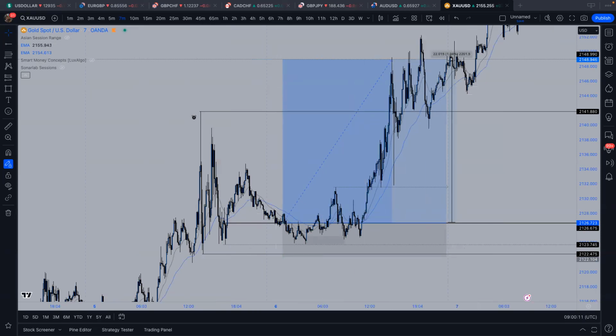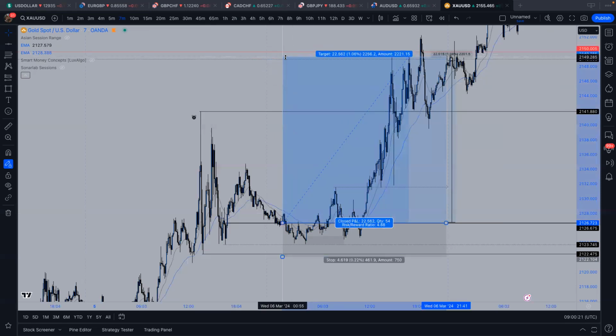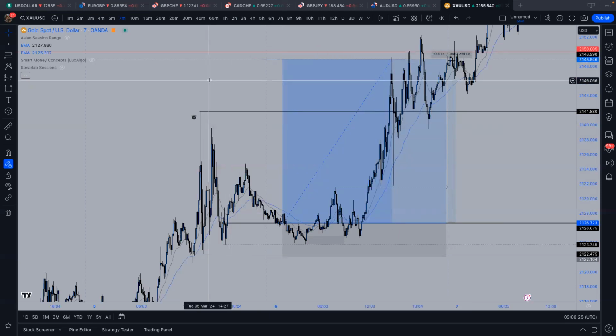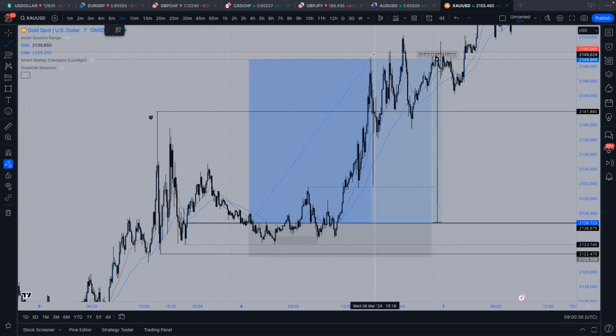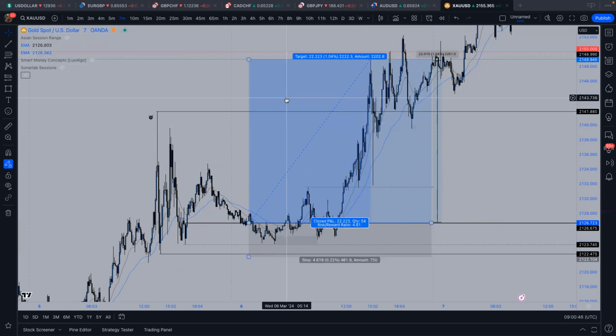My overall target on this was going to be the 2,150 flat. I was looking for this target, but I did have my take profit just at the high. As you can see, had I actually had my target here, yes, it would have hit, but we would have come so close, and then it would have died all the way back down, to then actually come up. So sometimes when you've got a target that you're looking for, it is just a little bit easier to have it a little bit lower, so you can allow price to really ride through it. So that was another 4R, so 4.5R.